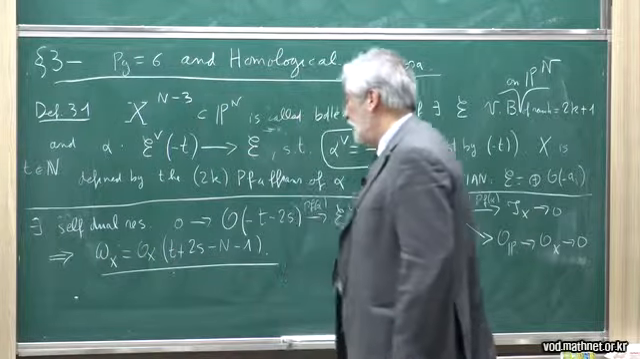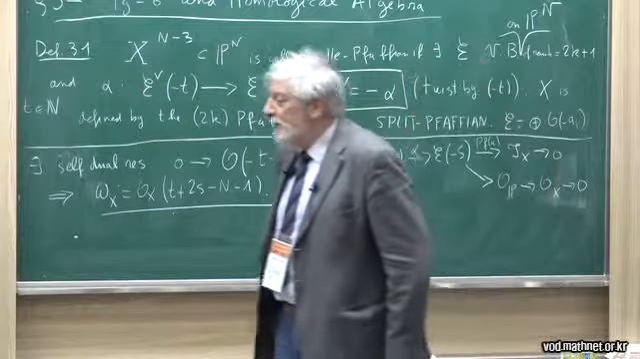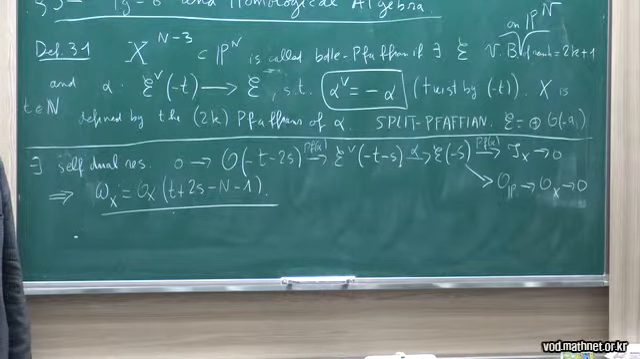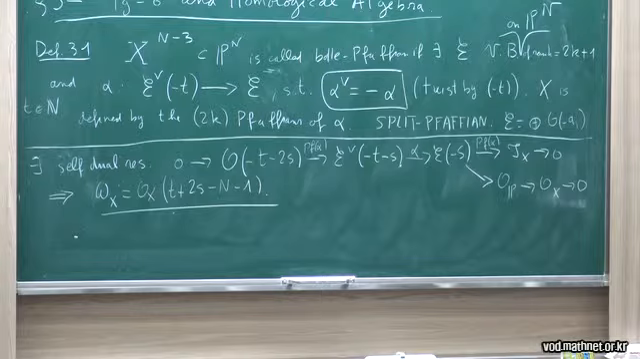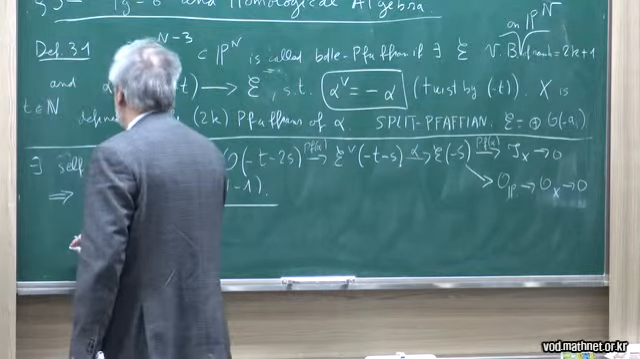Now, I guess the best thing to do, I already spoke about what happens if in P1 times P1 you blow up these 3 points. You get a del Pezzo of degree 5. Again, if you blow up these 4 points here, you get a del Pezzo of degree 5. A del Pezzo of degree 5 sits in P5. And it is the easiest example of a Pfaffian. So, example